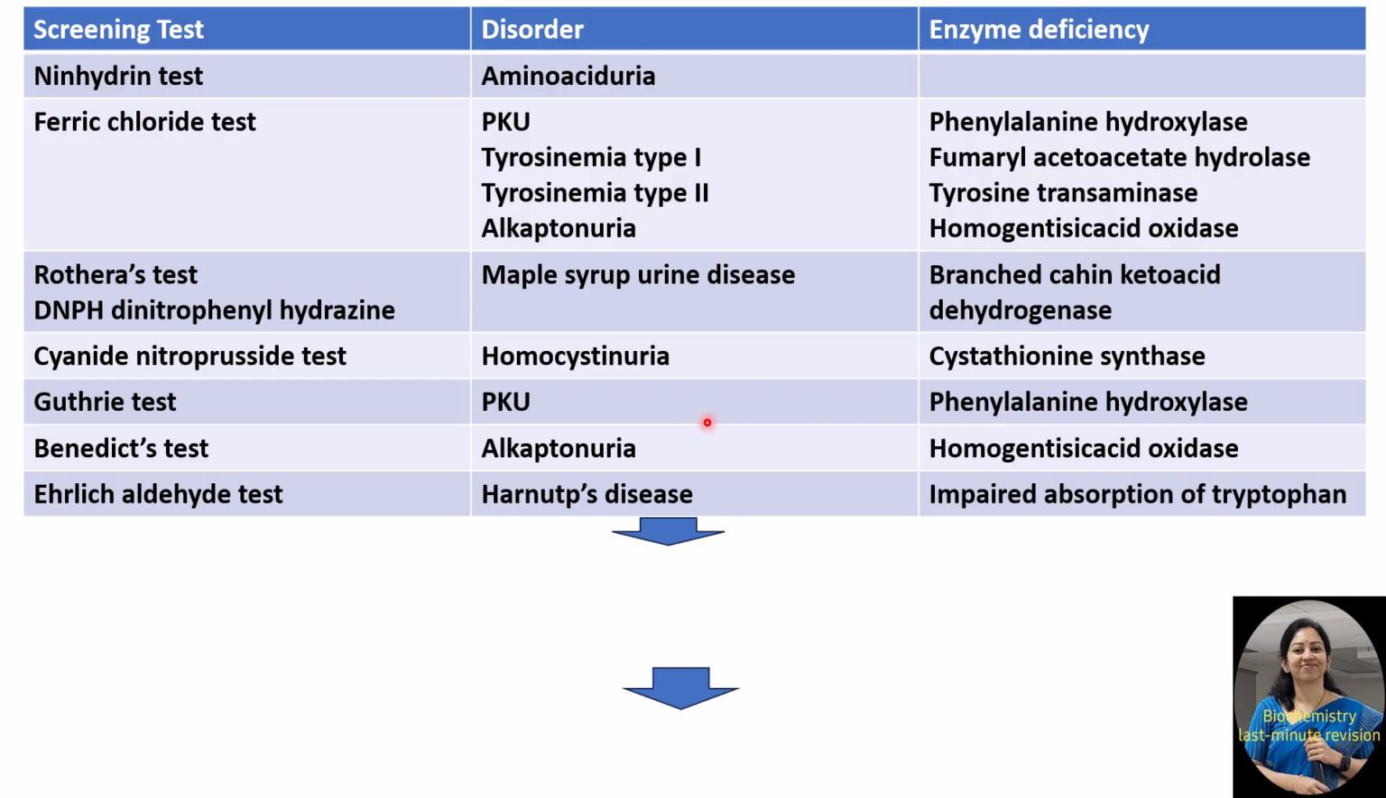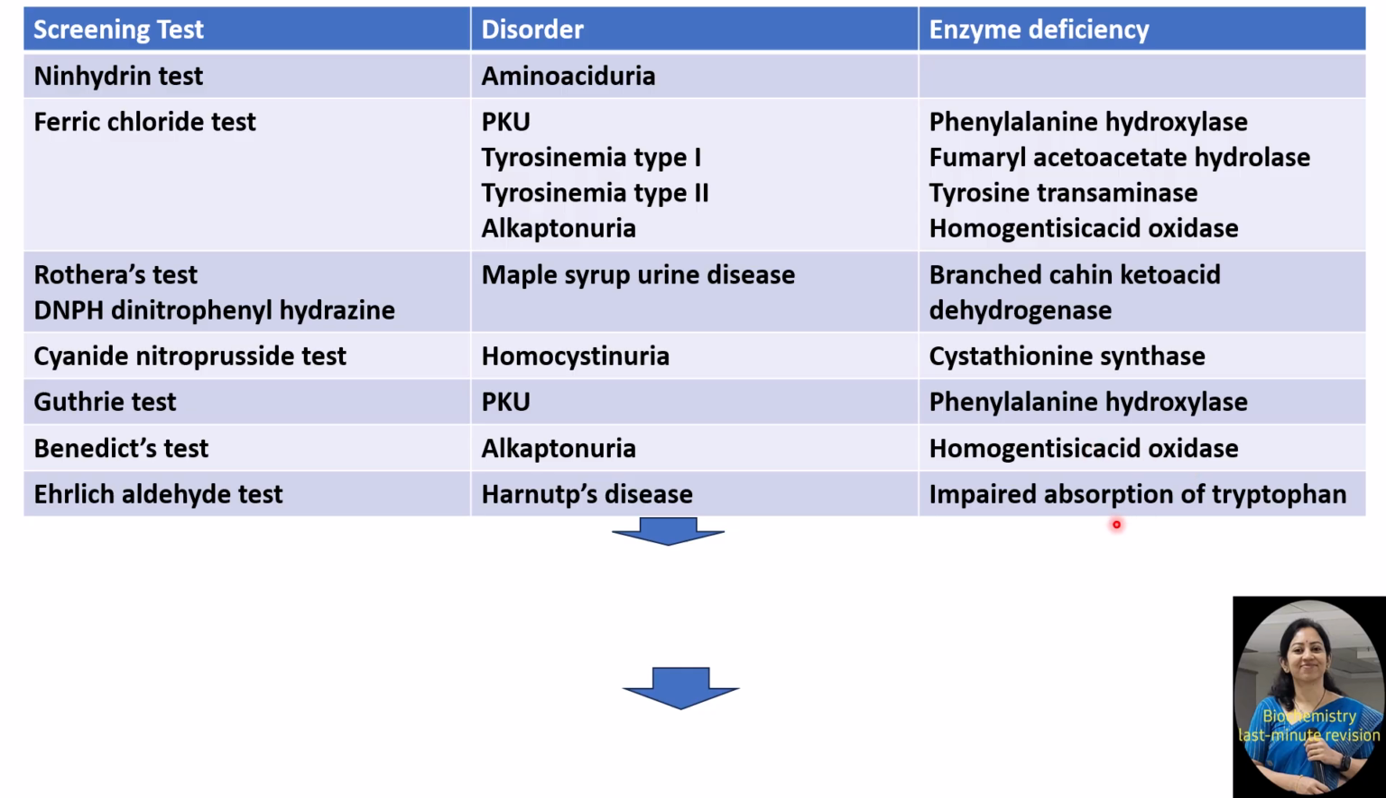It acts as a reducing agent. So it will answer this Benedict's test positive, giving either green color, yellow color, orange color, or red colored precipitate. Next, for Hartnup's disease, an early childhood test can be performed, and Hartnup's disease is characterized by defective absorption of tryptophan